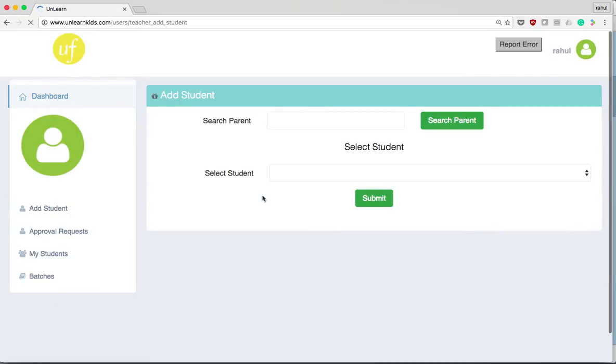When you click on add student, you will see a search parent bar where you can put in the parent's email ID and search for them. So for example, if I put in the email ID of a parent I know and search for them,